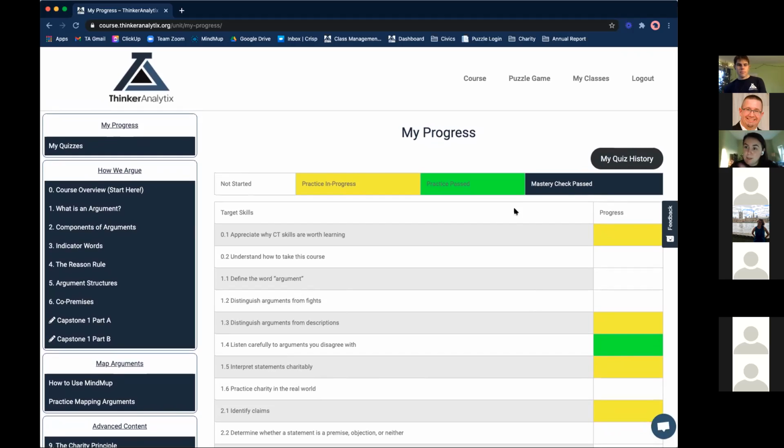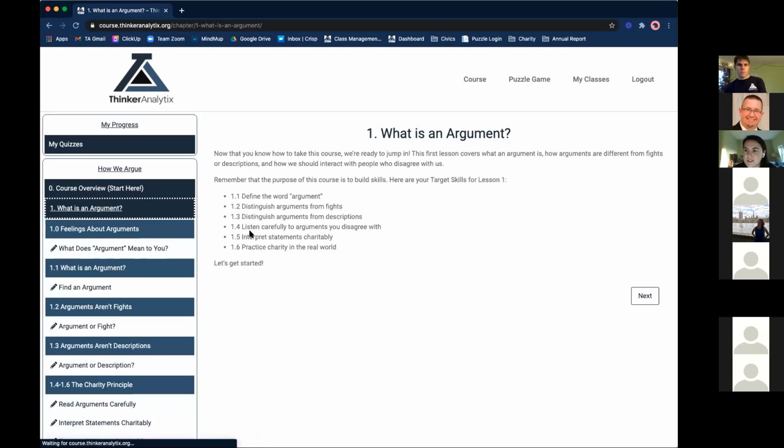And just the one thing I wanted to highlight about our course before I open it up for questions is that we put a lot of emphasis on this principle, which Nate referred to, called the principle of charity. And so this isn't charity in the sense of like charitable giving. It's a principle that comes from philosophy, which is this idea that when we engage with arguments that are controversial,